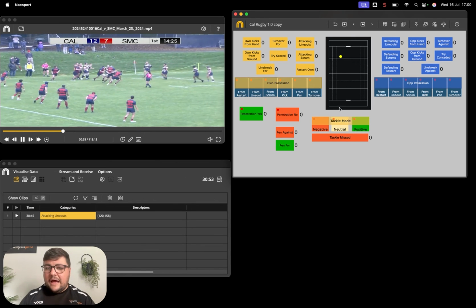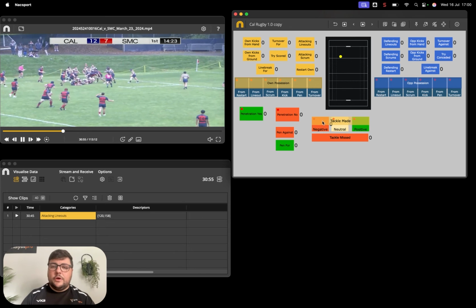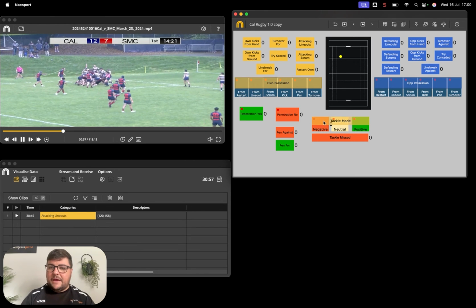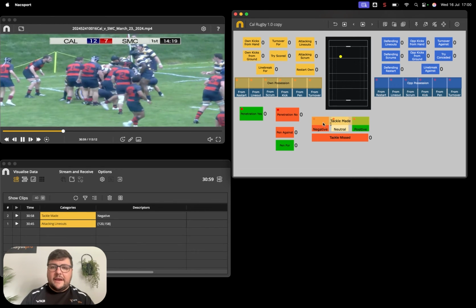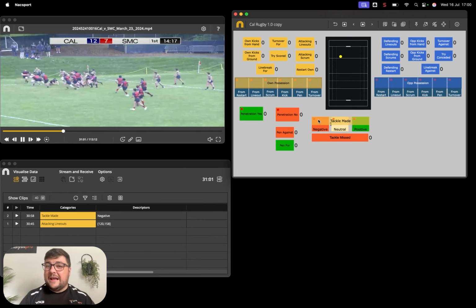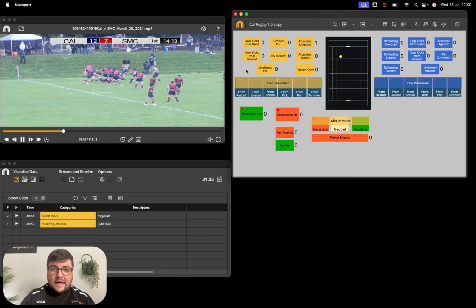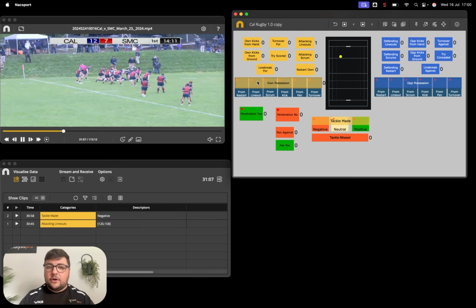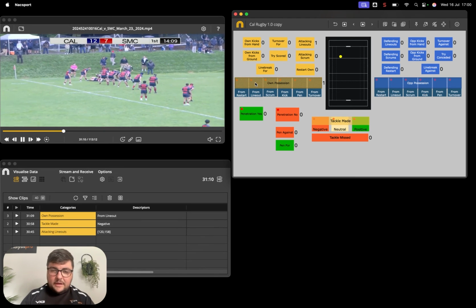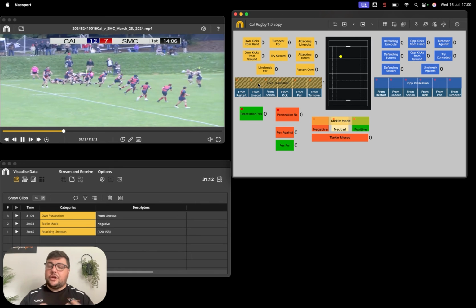Then I also have the descriptors below here. So if I was going to say it was a tackle made and it was negative, I can then click here because I've got that cluster button feature because I'm in the Pro version. And for example, here, I can click on own possession from lineout, and own possession, I've turned it on as